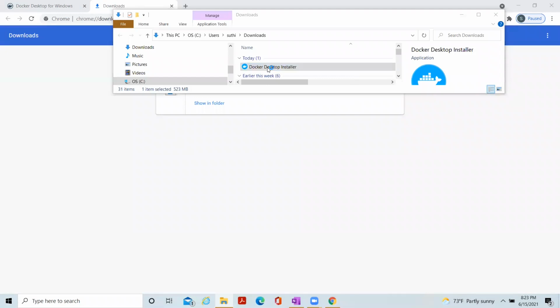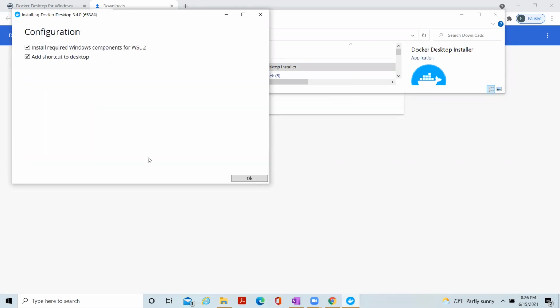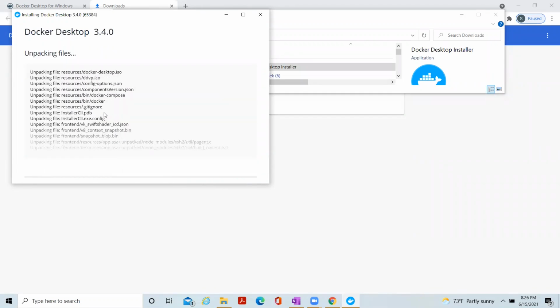Double click the installer. It will ask for approval, yes or no. You have to provide the approval here. What you can do here is click OK. Unpacking the files. Let's wait.